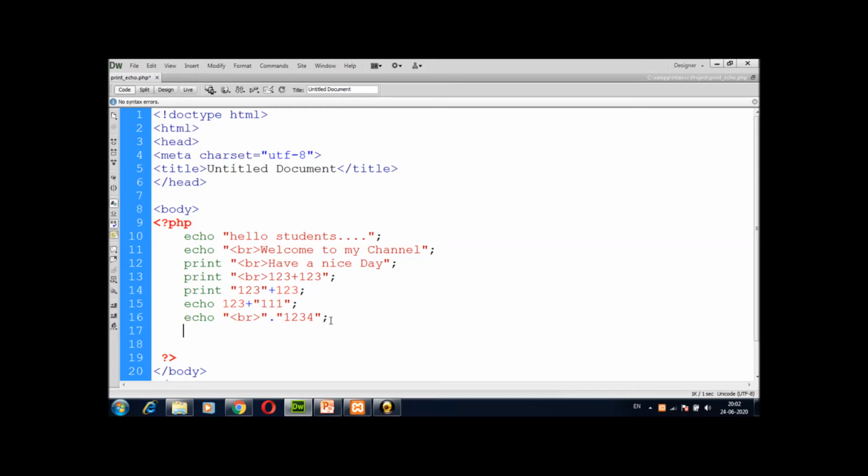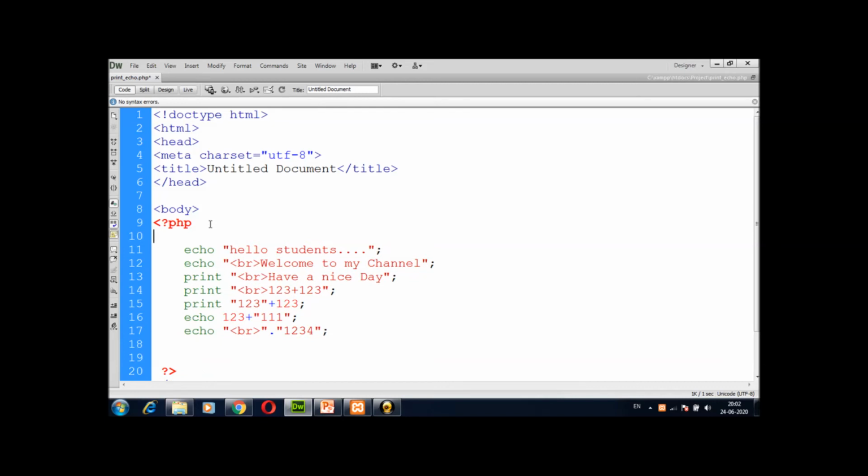Again, I show you one more example with a variable. I'm going to define a variable here: dollar $a equals "PHP for beginners". This is my variable value.